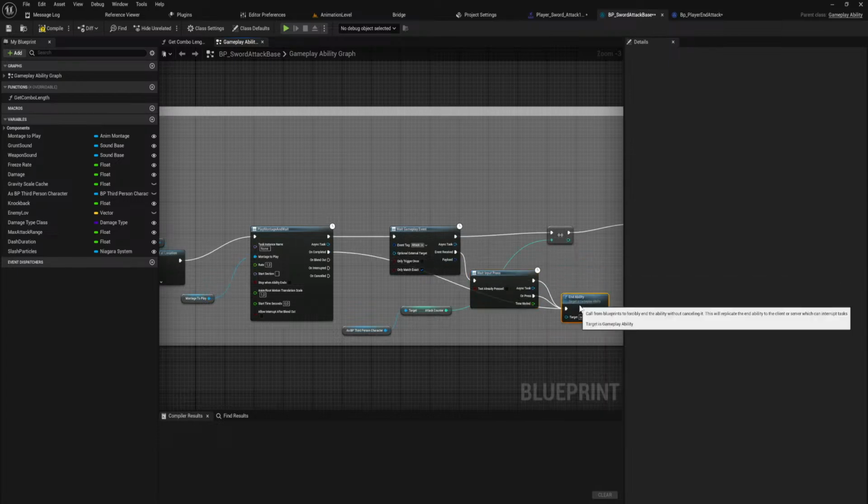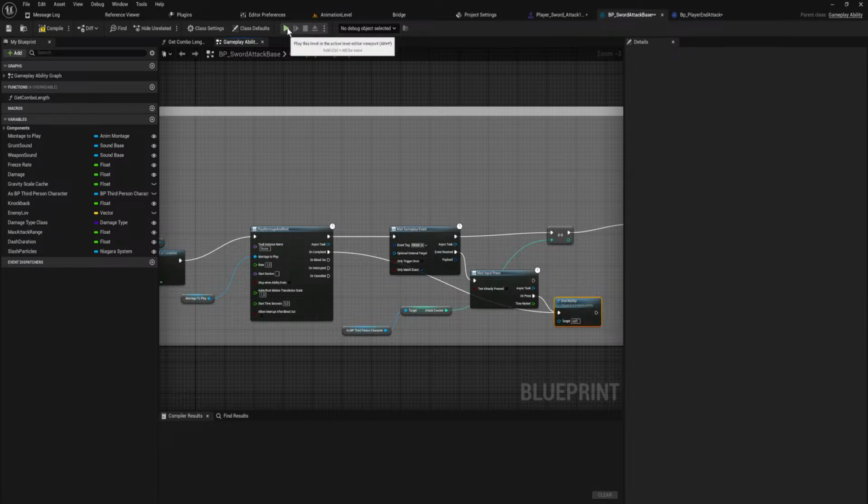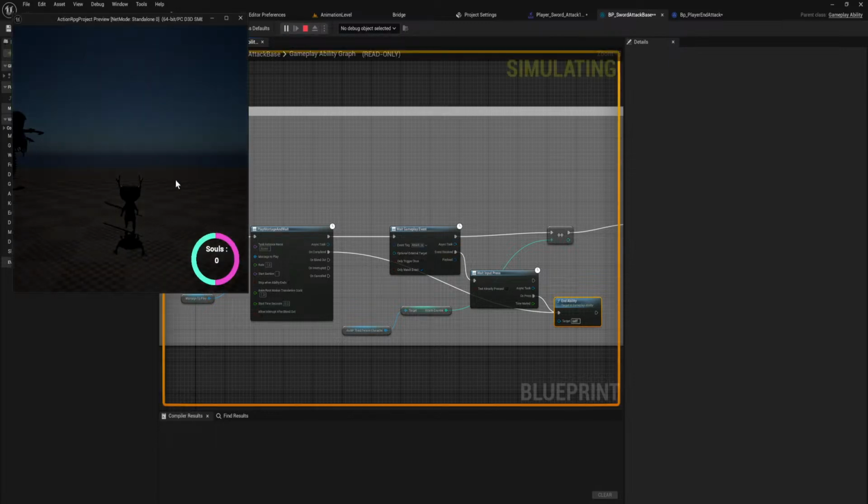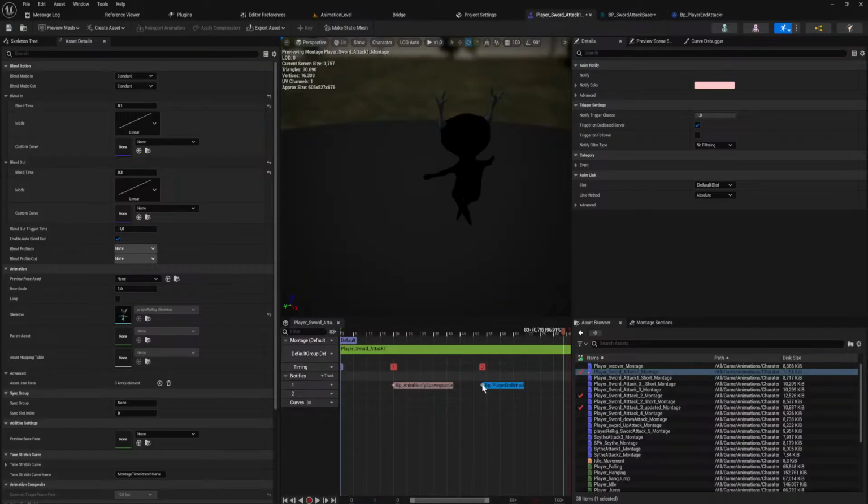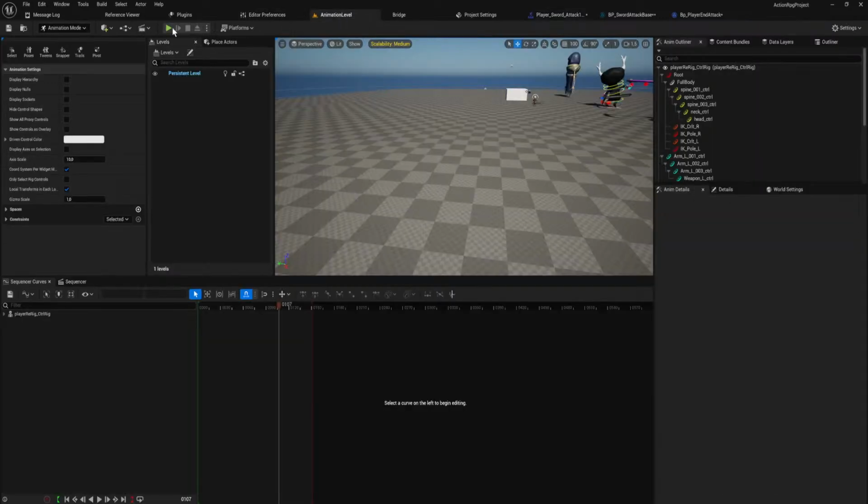And then on press we end ability. So just for shits and giggles, let's put this thing way early on.